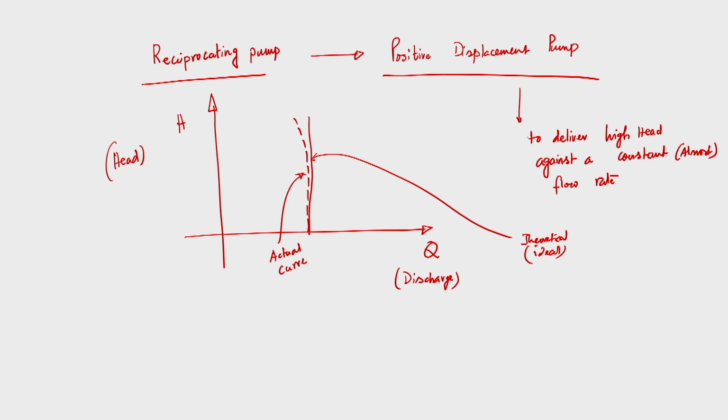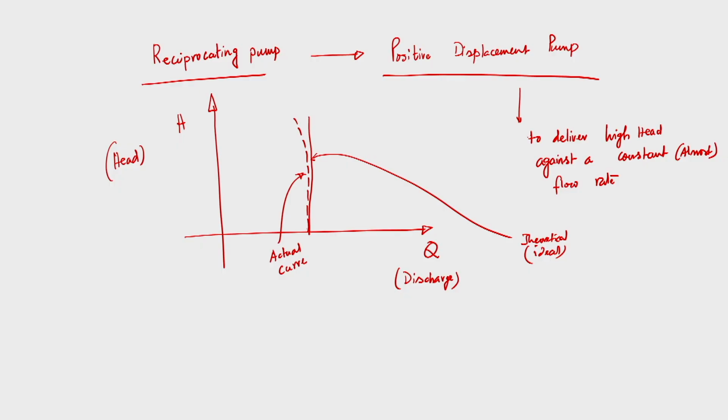So this is the H-Q curve, and that is why we have defined one efficiency called volumetric efficiency. We have obtained that volumetric efficiency is basically actual discharge divided by the ideal discharge, and then we have defined one slip factor, that is, there is some amount of leakage: Q theoretical minus Q actual divided by Q theoretical, so 1 minus eta V, the volumetric efficiency, that we discussed in the last lecture.